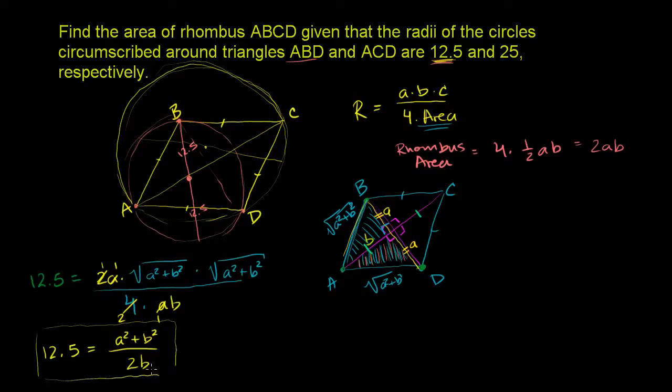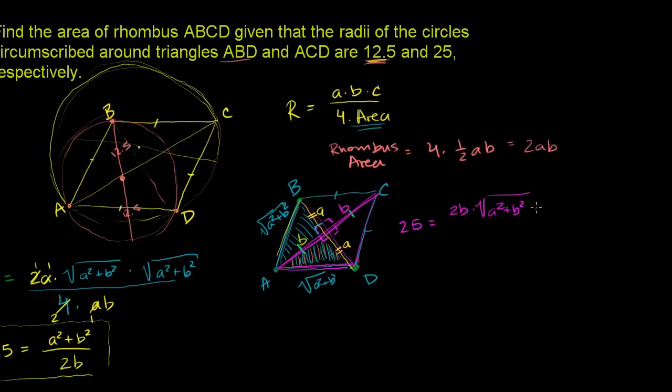Right over here. Now let's do the same thing for triangle ACD. Its circumradius is 25. 25 is equal to the length of this side. This is a b. This is also a b. So it's going to be 2b times the length of this side, which is just the square root of a squared plus b squared, times the length of this side, which is again just the square root of a squared plus b squared. All of that over